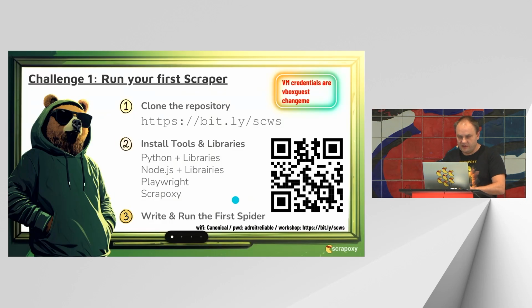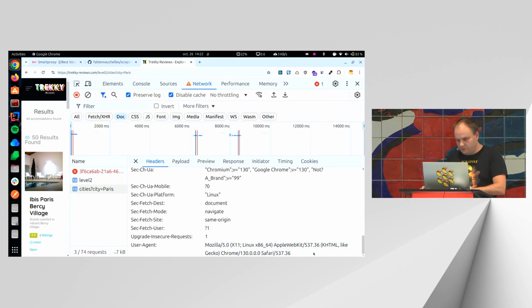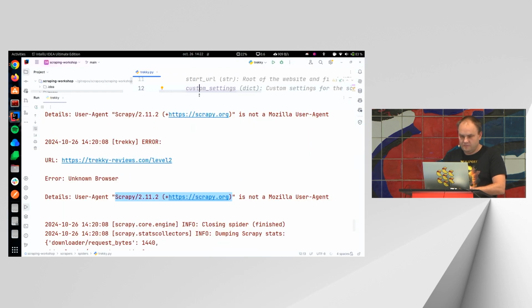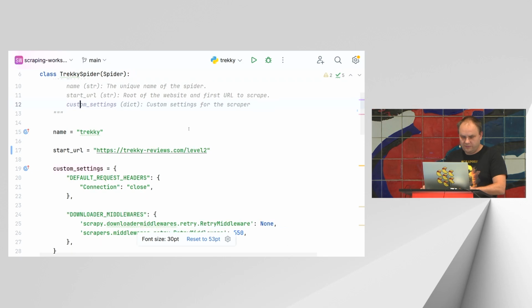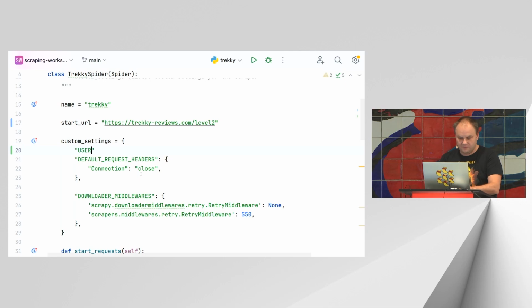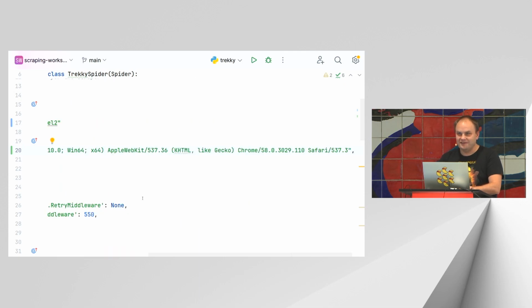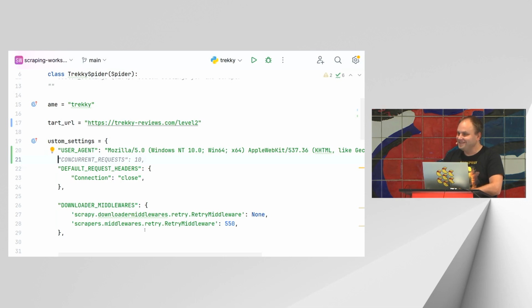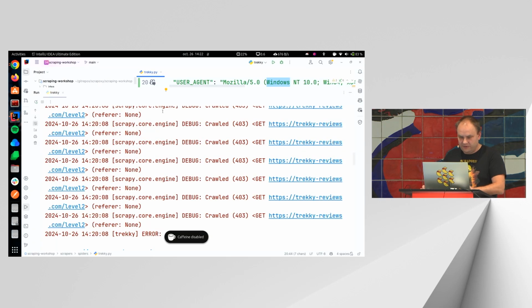So let's use the value of Chrome. So what I can do here, going back to my parameters on the custom settings, I can change the user agent. Oh, I've got Copilot helping me. So you can use Copilot when you're doing web scraping or deobfuscation. It's a very good help. So you see, Copilot suggests that I should be on Windows. Okay, so let's try that. So if I'm running the spider again,